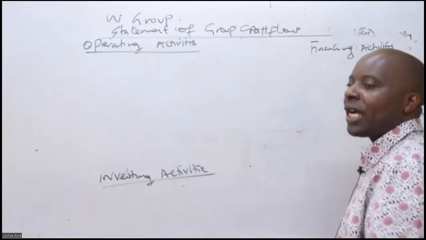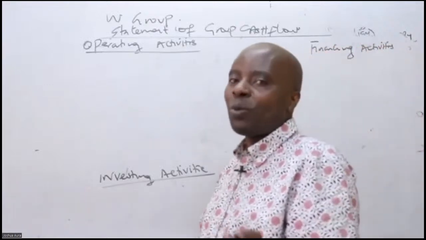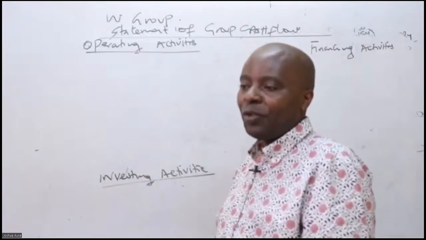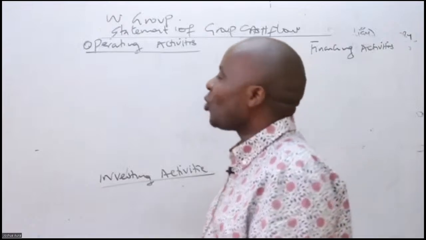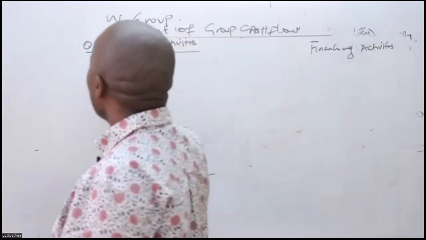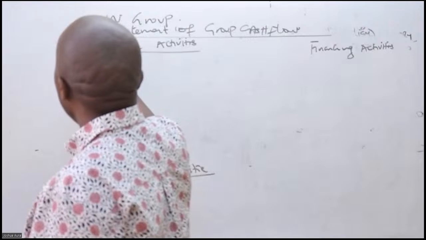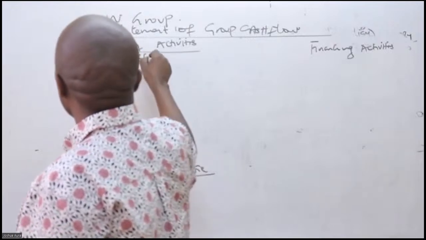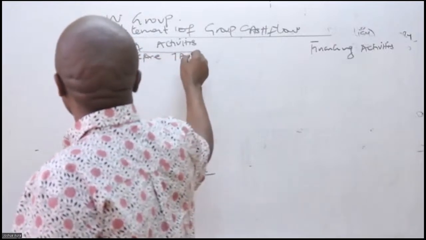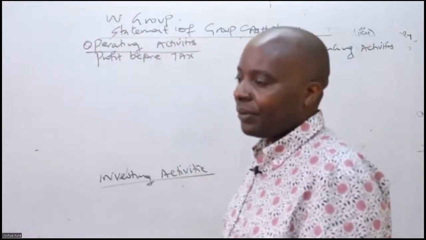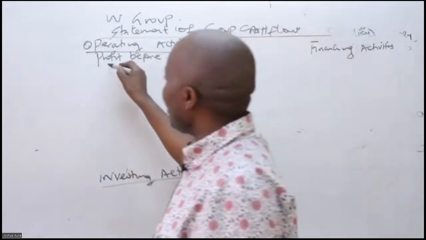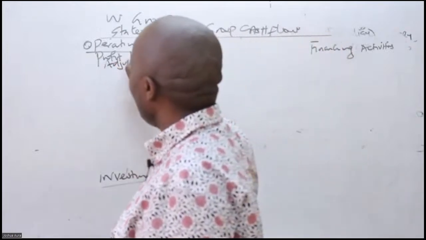Operating activities are those activities that generate something to your profitability. So under operating activities, I told you what you are supposed to start with. You start with profit before tax. Always you start with profit before tax. And then you come and make your adjustments. You say adjusted for,